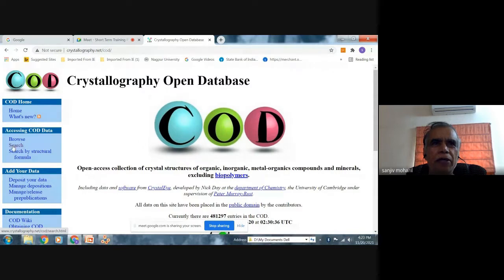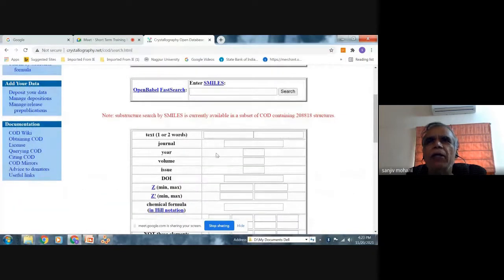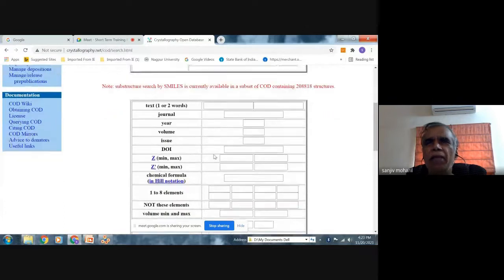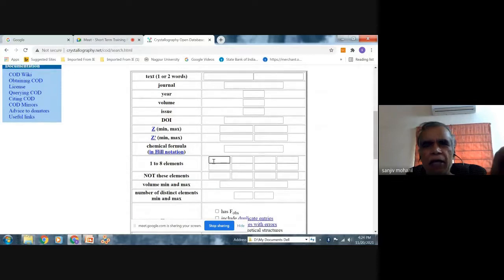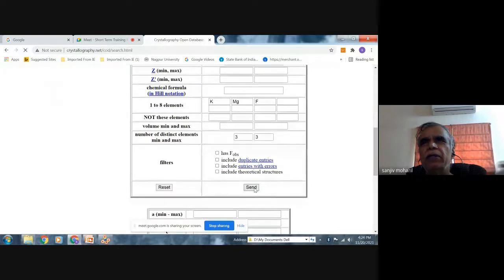In this case, I can search. For example, I want a CIF file for, say, the material KMgF3. Then I will add here, I want K, I want Mg, I want F. And I may get a lot of rubbish, so I restrict it to only 3 elements. Let us see what we get. So from this, I may get a file.